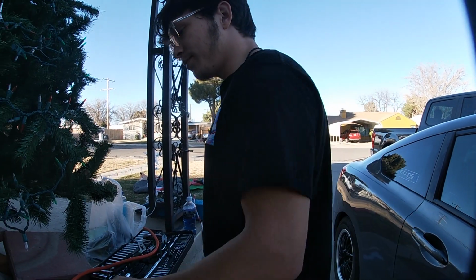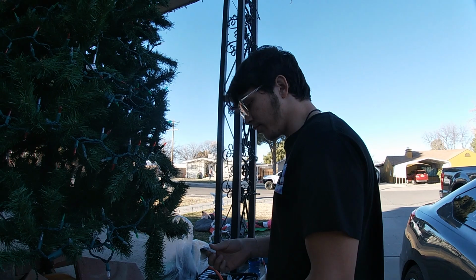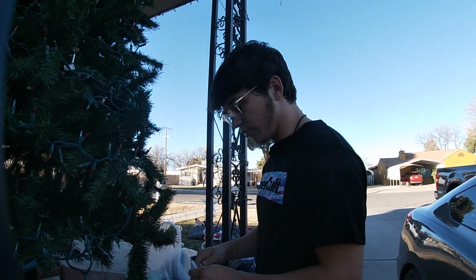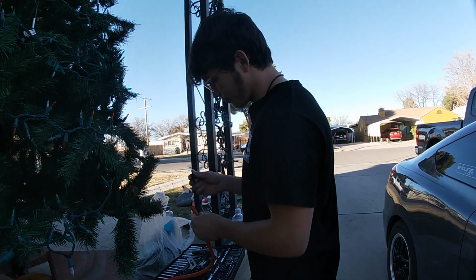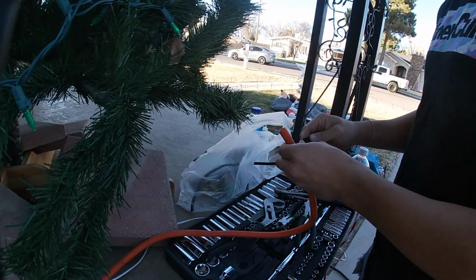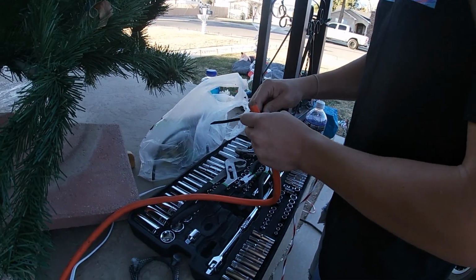right? So what I'm going to have to do is tee it and then cut a small piece of this hose to fit into one of these fittings, and then go from this fitting to hopefully shove this in here. I'm just gonna take it